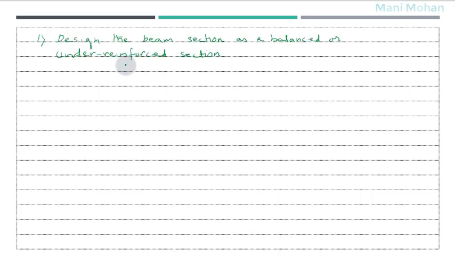You have to design the beam section as a balanced or under reinforced section because this will ensure ductile failure in the beam. That is, you would be able to get visible cracks in the concrete beam before failure occurs. A second point: how can you assure this section to be balanced or under reinforced? This can be ensured by restricting my tension steel, so Ast, my tension steel, is to be less than or equal to